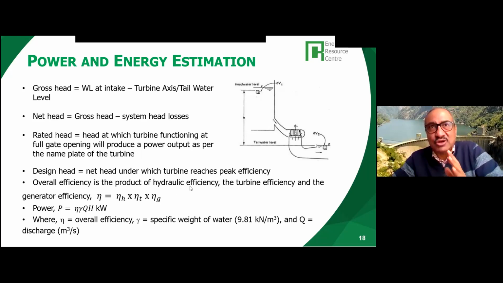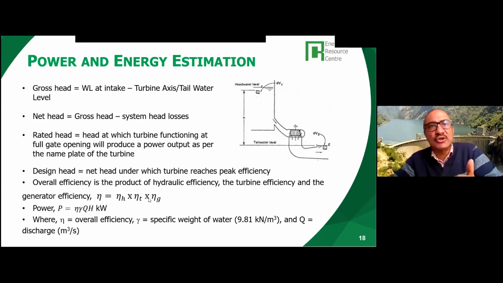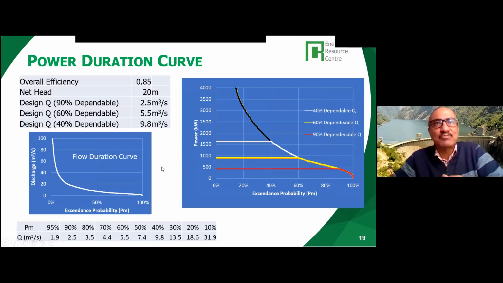Overall efficiency we talk about. Okay, we know how you calculate the power. Now energy is power multiplied by time. So kilowatt multiplied by hour gives you kilowatt hour. That we know. But the interesting part is, as I mentioned earlier, how do you select the design